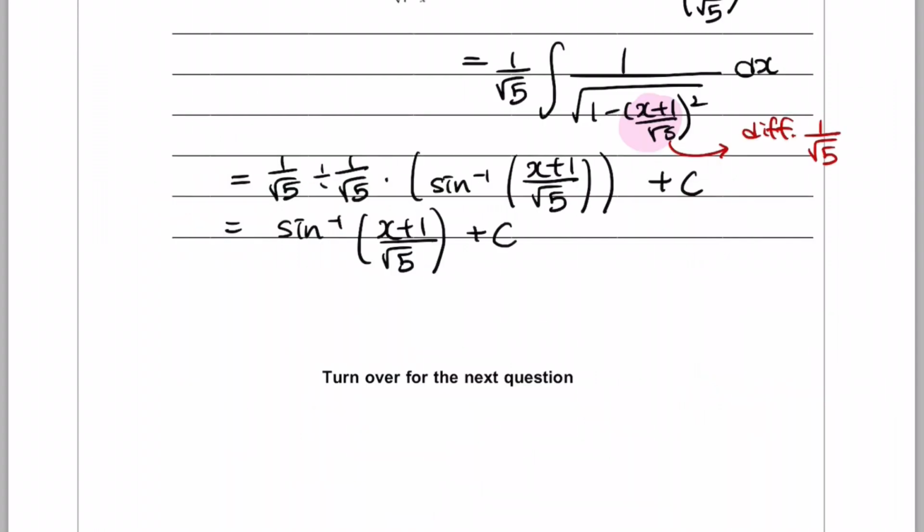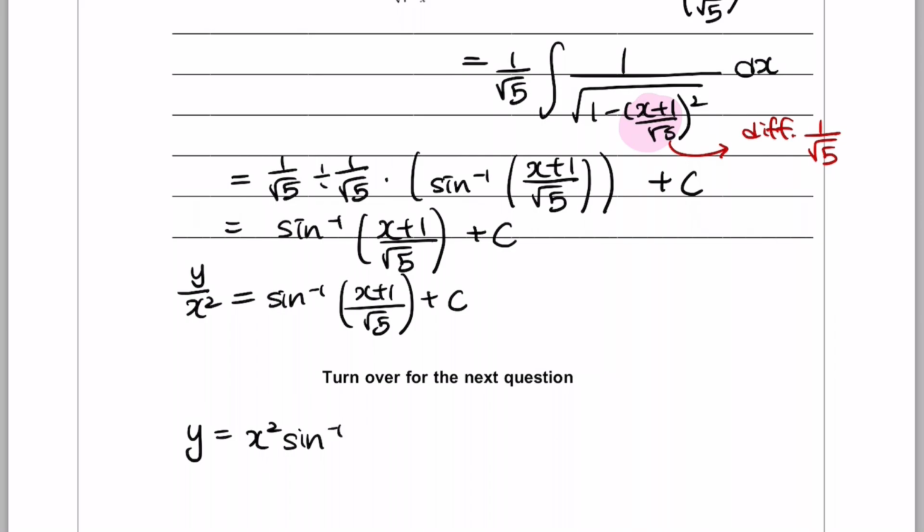And never forget your constant C, which is a constant behind your result of the integration where there is no limit. This is a very easy mistake to make, so always put the constant term after your integration. And this is only the right-hand side, and your left-hand side was y over x squared. And your right-hand side is whatever result you just got from the integration. So if you simplify this equation in terms of y, it becomes